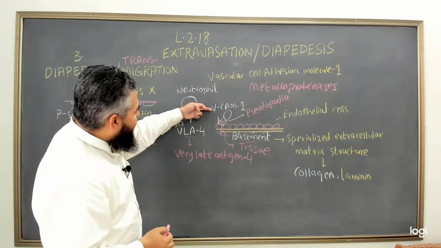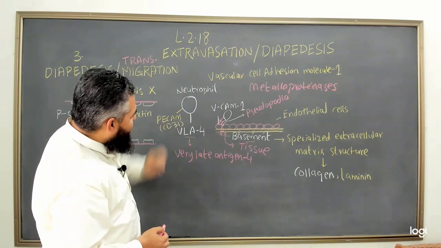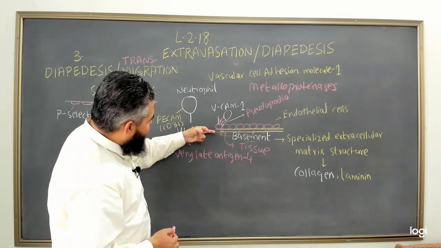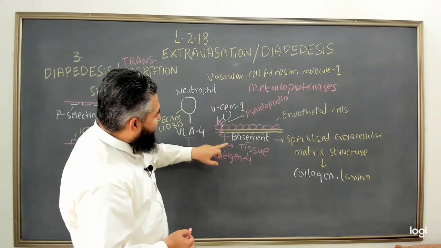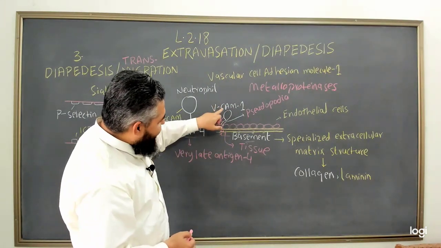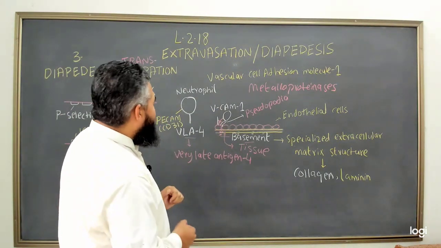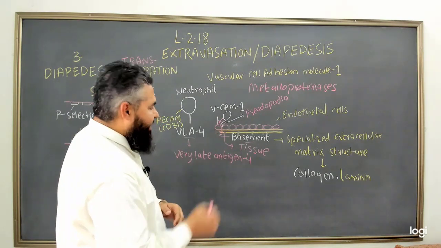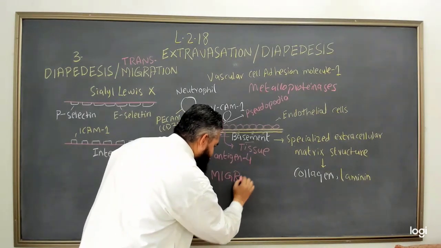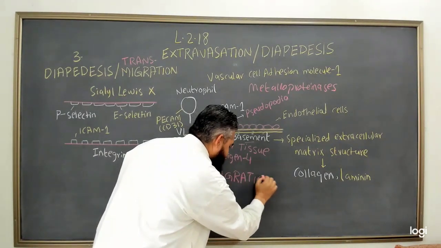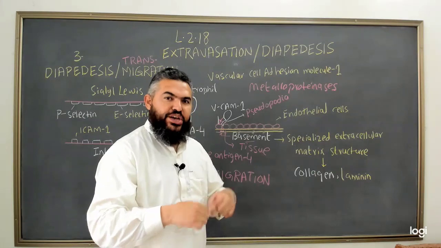The VCAM1 on the activated endothelial cells interacts with the VLA4 on the neutrophils, the PCAM on the neutrophils as well as on the endothelial cells interact with each other, and with the help of these metalloproteinases, when you eat this basement membrane, these activated neutrophils are going to move into the tissue. So this is how the process of the diapedesis is achieved. And in the next video, I'll be talking about the process of the migration, that you have released the neutrophils. Now, how are you going to direct and migrate these neutrophils towards the tissue of